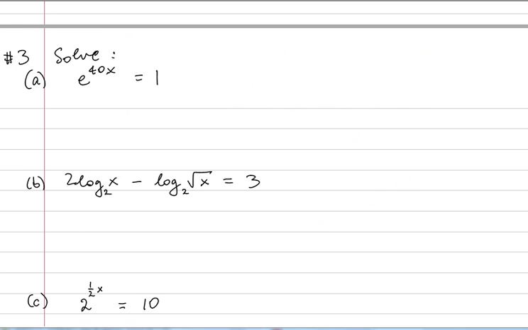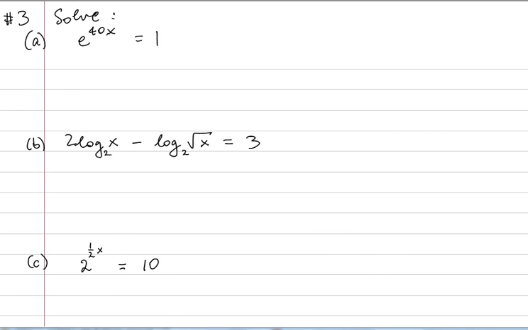For the next problem, we need to solve some equations involving exponentials and logarithms. Whenever